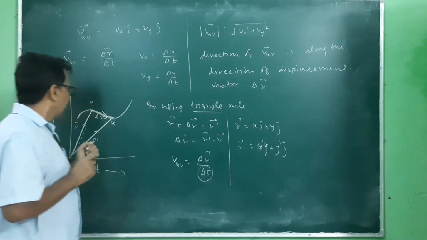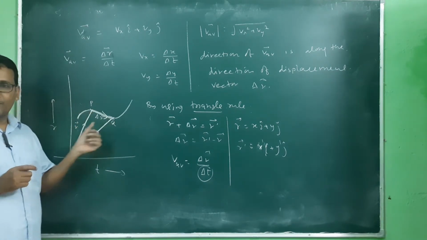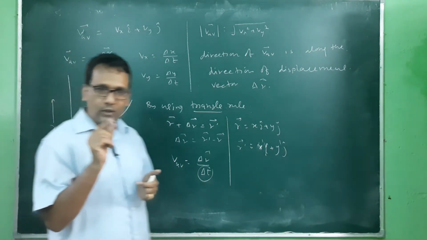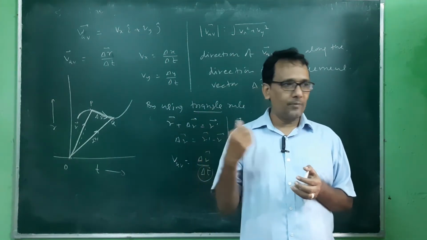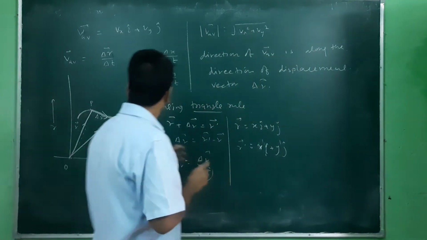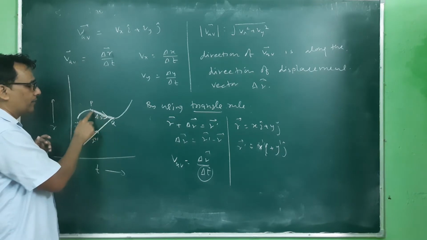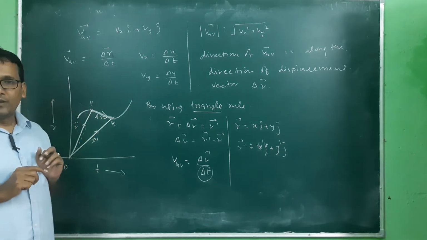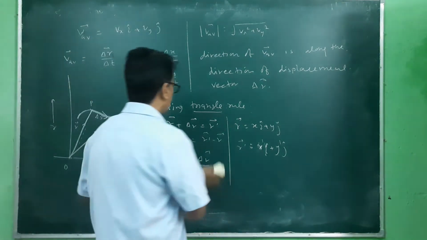So here the displacement from P to Q is delta r. If we want to reduce the time, then obviously if we take less time, the position in the graphical representation will also reduce. So what we do is, we will just shift this Q slightly up to the point P. So instantaneous velocity is defined as